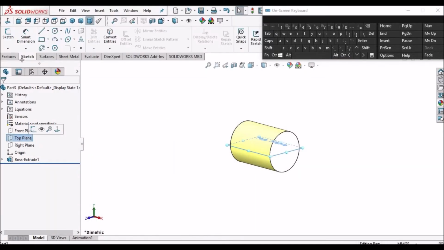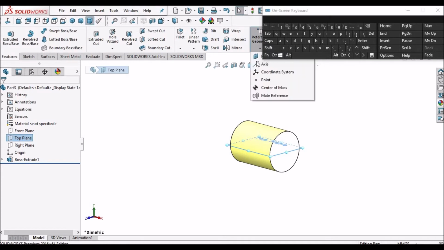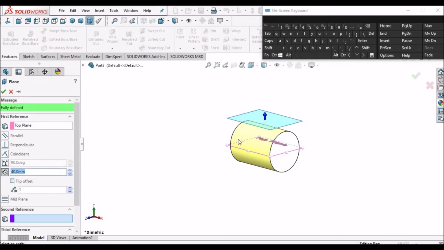So select the top line, go to feature, select the plane. Okay. This is 66. Say okay.